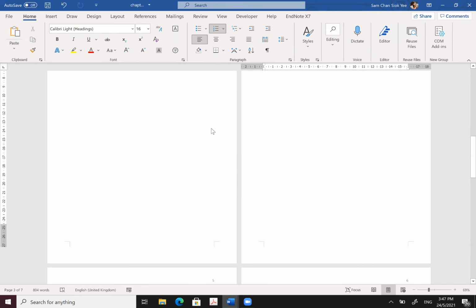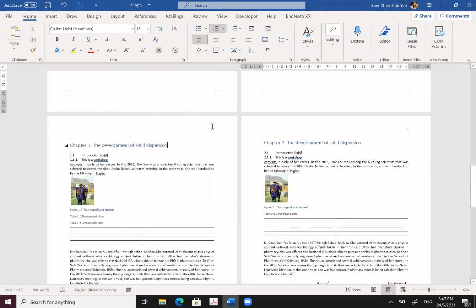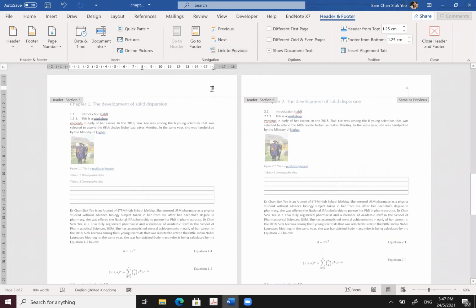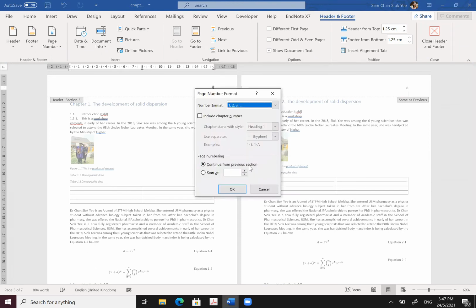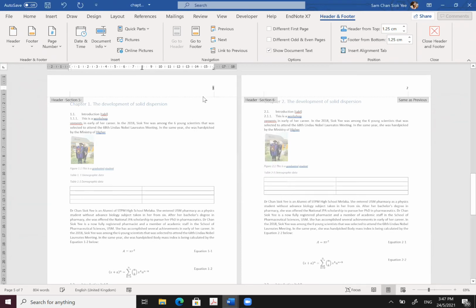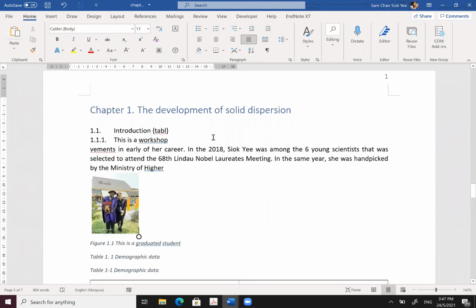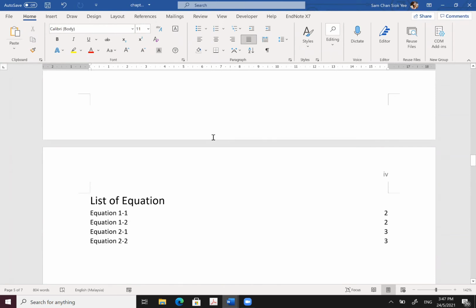And then your first chapter, of course, is going to be a different page numbering all over again. So you do not want them to link to previous, say no to them. You unclick link to previous, which means they are not going to link to previous; if you click it, they are going to link to previous anyway. So you can tell them that I would like to restart at 1. Start at 1, start again. So you can see now, this is 1, and this one is 5,